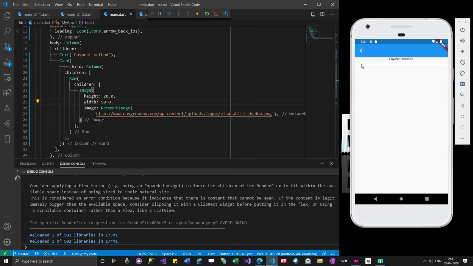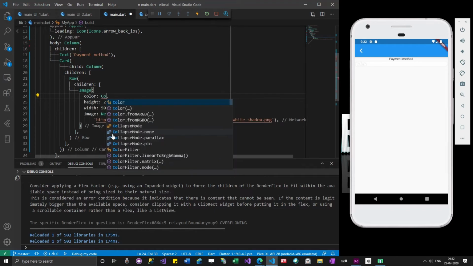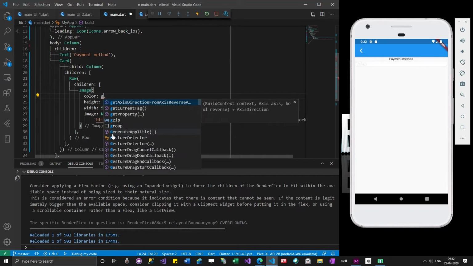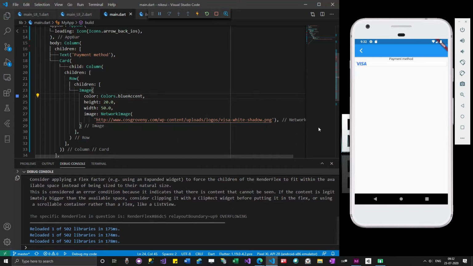You can see that Visa is appearing over here. Let's see if I can add some color. It actually added some color to the image.